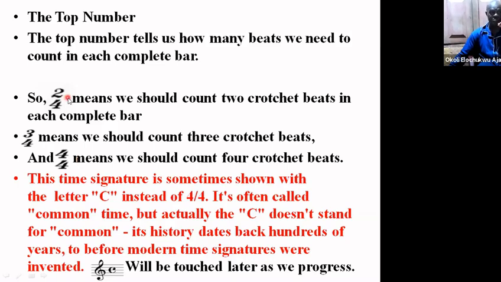For instance, 2/4 then means 1, 2, 1, 2. In every bar, you must count 1, 2, 1, 2. Then 3/4 means that you should count 1, 2, 3, 1, 2, 3. 4/4 means that you must count 4 crochet beats in a